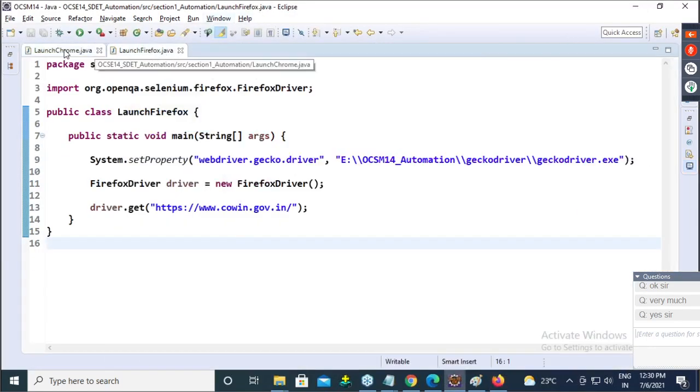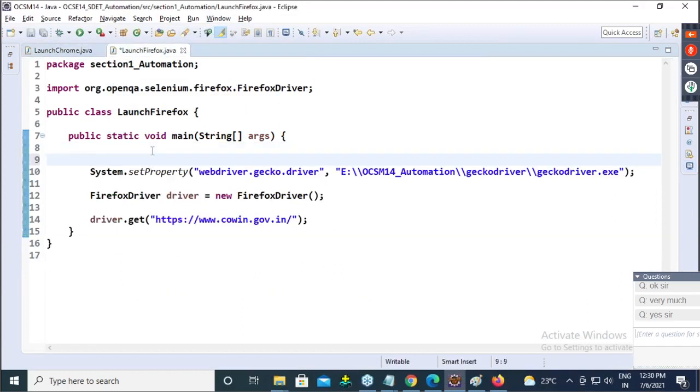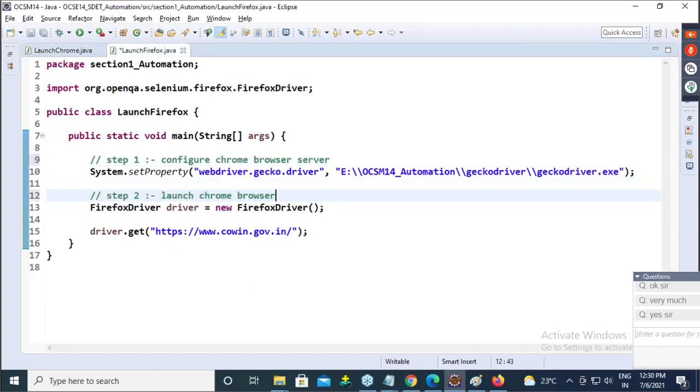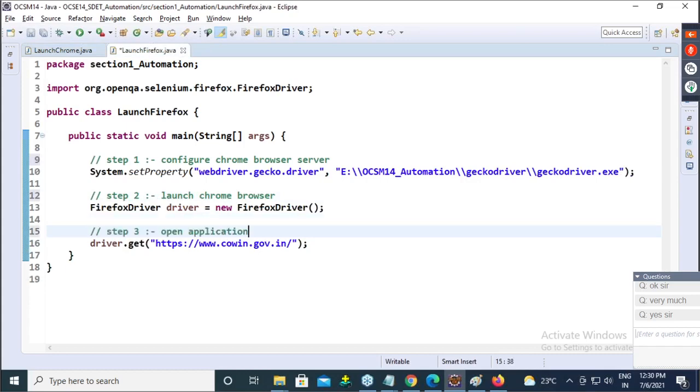Okay, so again, same steps, guys. Step 1, step 2, step 3: launch Firefox, configure gecko or Firefox browser server like this.